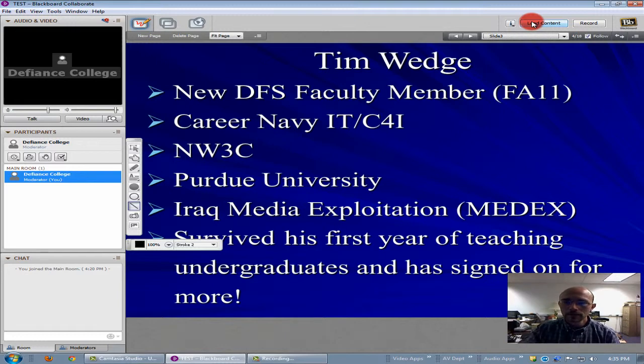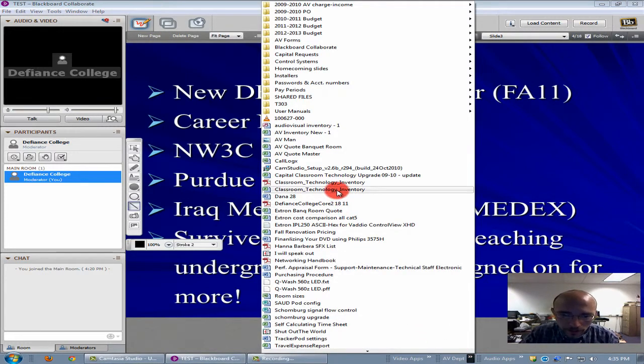Okay, let's move on to application sharing. Application sharing, you have to have your file open before Blackboard Collaborate will see it able to share. So if it's a Word document or Excel, you have to have it open first in order for Blackboard Collaborate to recognize it. So I'm going to go ahead and